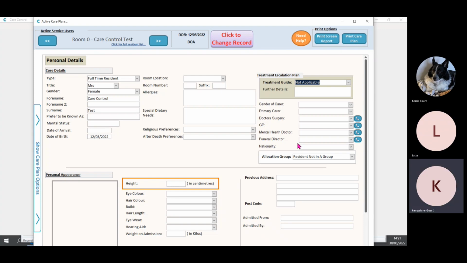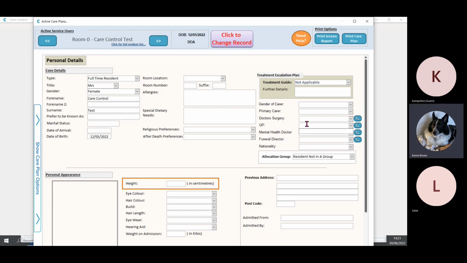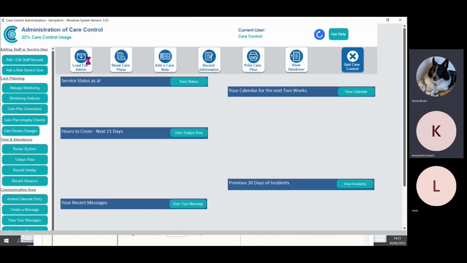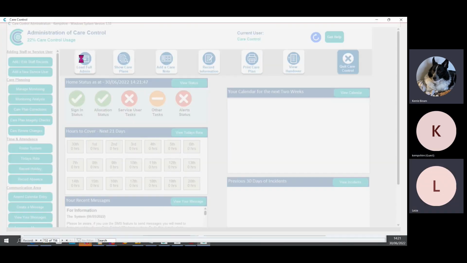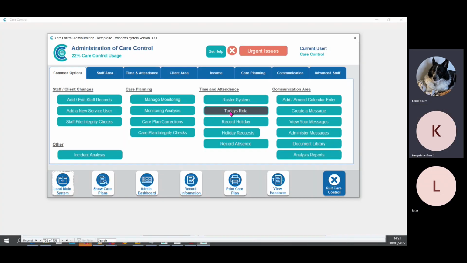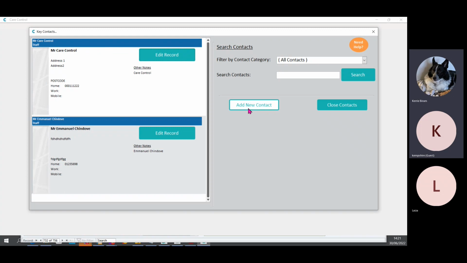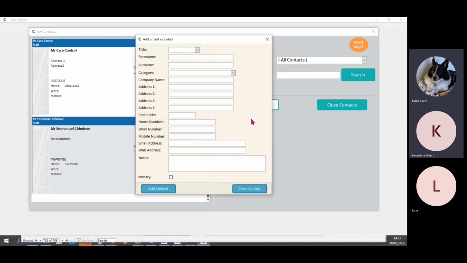Click that arrow underneath there. Yeah, but do you remember how to actually, you've got to put it in your big phone book first. If I go through it, I'm on the full admin again, and I'm going to go to communication and contacts. Okay, and I'm just going to add a new contact, and I'm going to put doctor. I'm going to choose GP, and I'm going to put